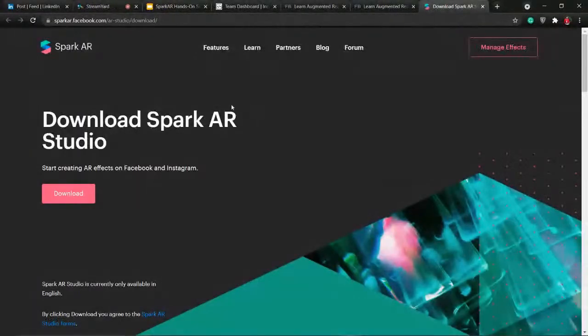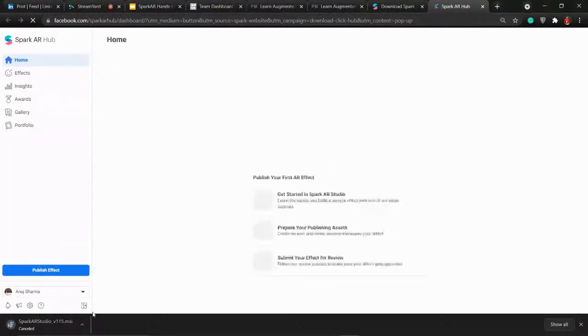When you click it here, you come to this page and click on download. The download will start. I would pause the download here right now because I already have Spark AR Studio. When the download is completed, you just need to click on install, verify, next, install, next, and yes, your studio would be installed. How the studio will work and how to make a first AR effect would be covered by Tanisha